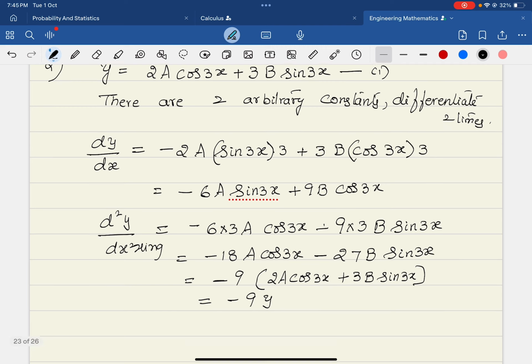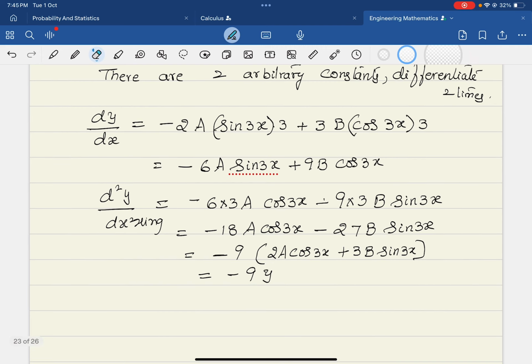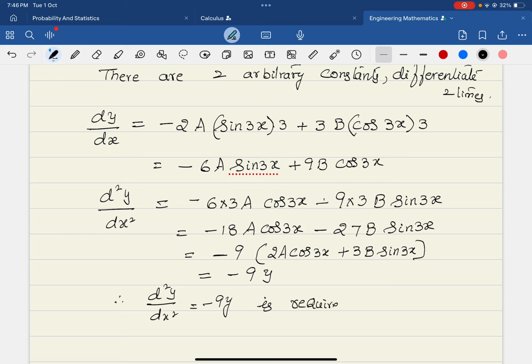So what it gives us now? Therefore, d square y by dx square is equal to minus 9y is the required differential equation. I hope you could understand now. When you do the differentiation 2 times, we have eliminated the arbitrary